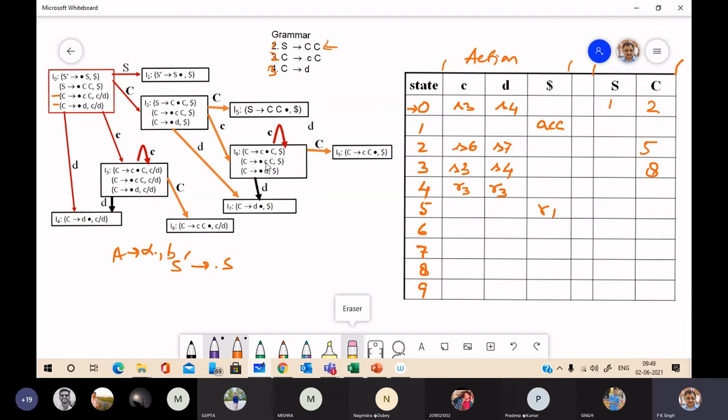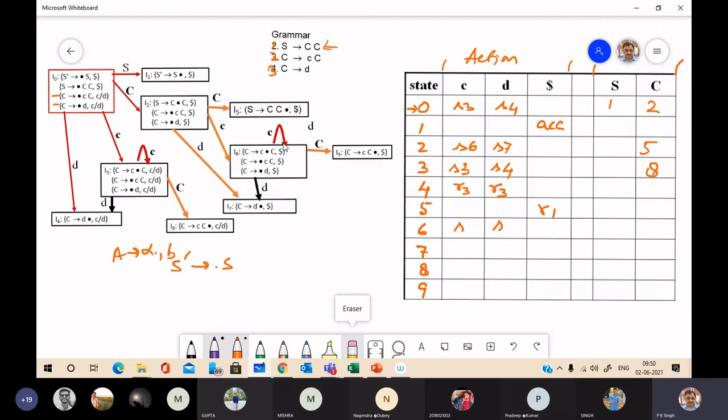Now I6. Due to these two items, we have terminals just after the dot, C and D. So the action is shift, here shift, here shift.